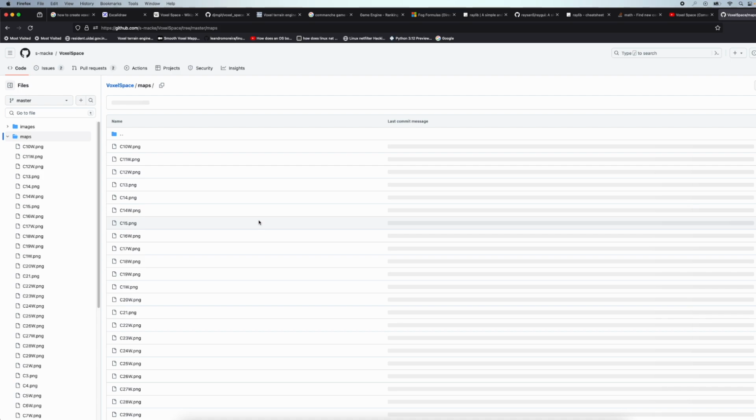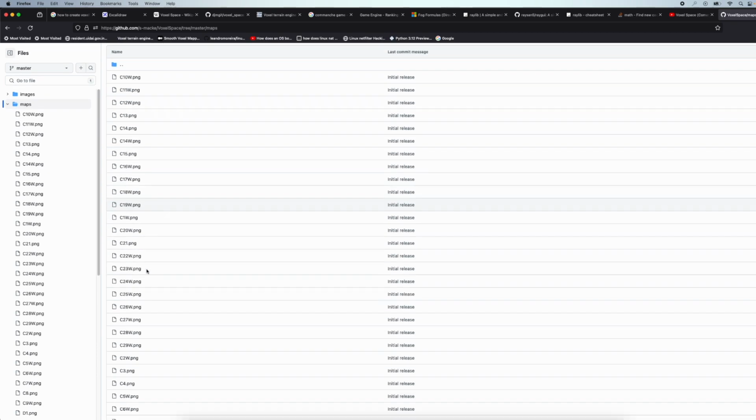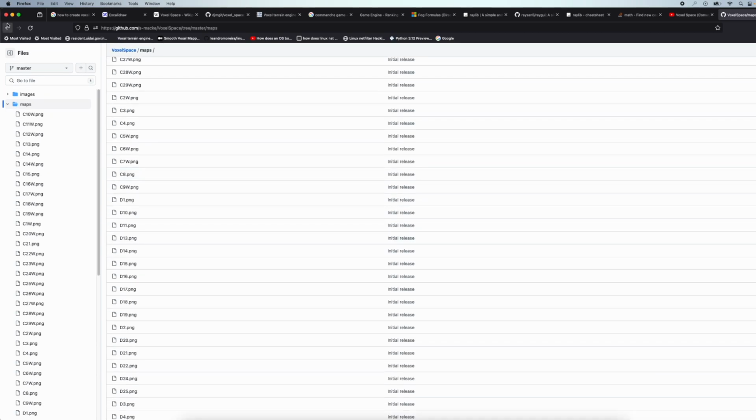And actually you will find lots of resources here as well. The maps, so this is actually where I picked up the maps for my implementation as well. You will find lots of color and height maps over here. This